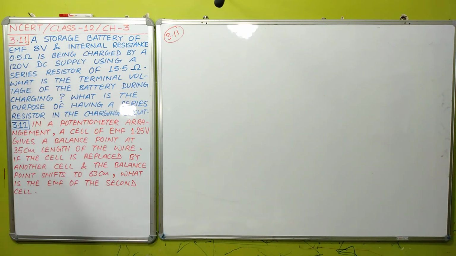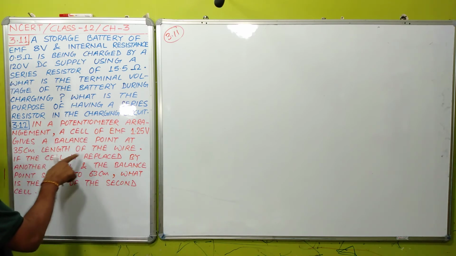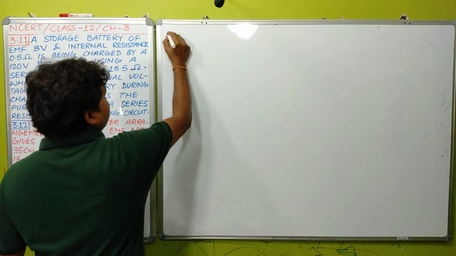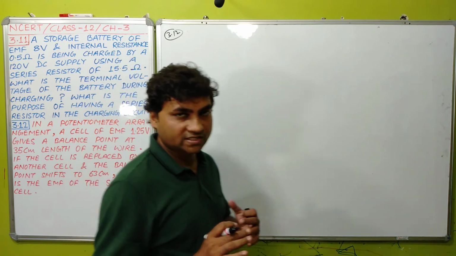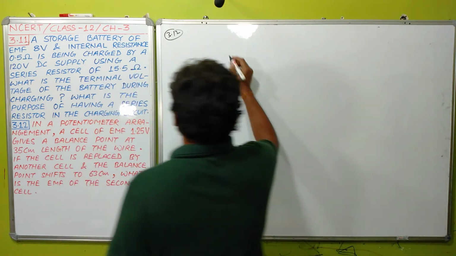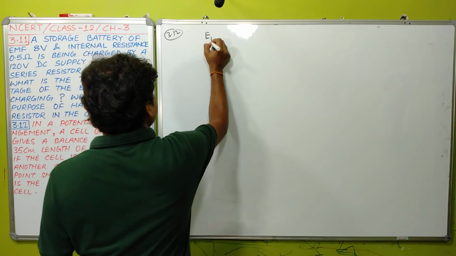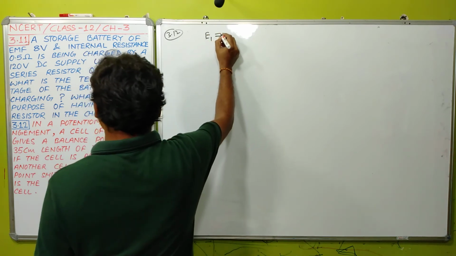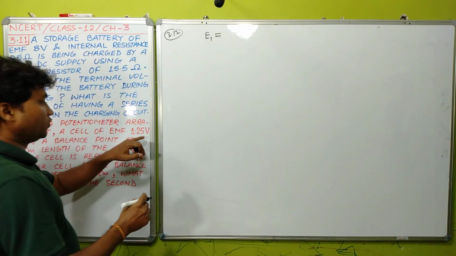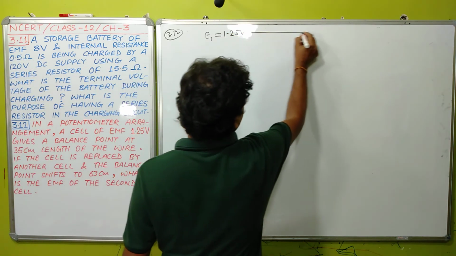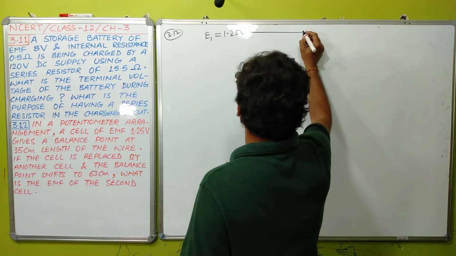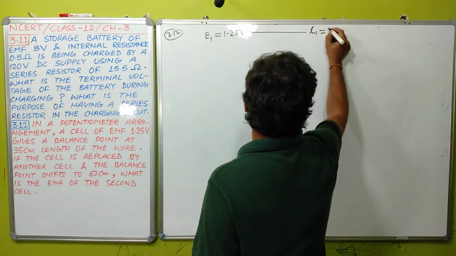3.12. Student, this question is saying, in a potentiometer arrangement, a cell of EMF 1.2 volt gives a balance point at 35 centimeter length of the wire. Okay, we are solving question number 3.12. In a potentiometer, you have studied potentiometer theory. It is saying that if we use a battery of EMF 1.2 volt, then we get balancing length at a point L1 equals 35